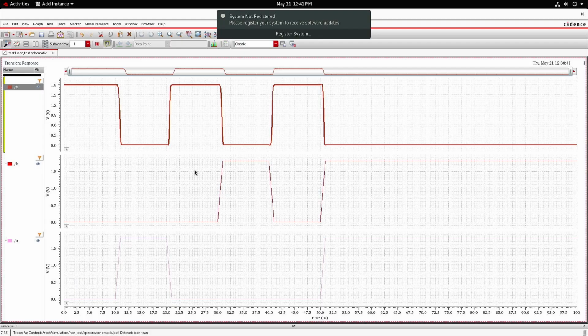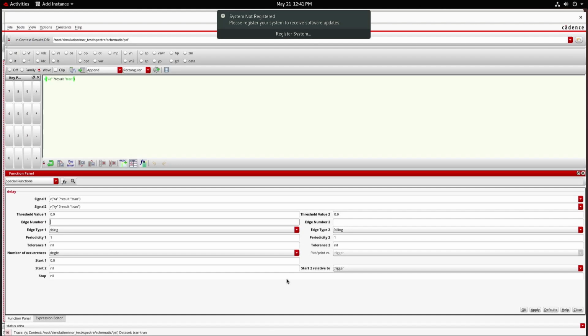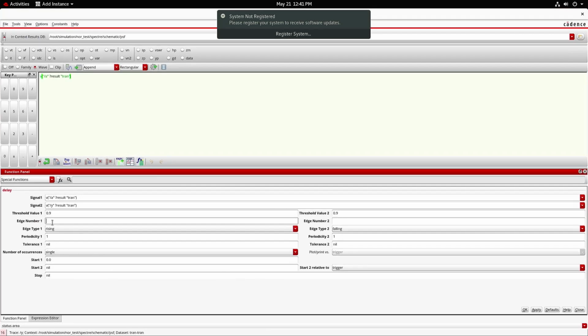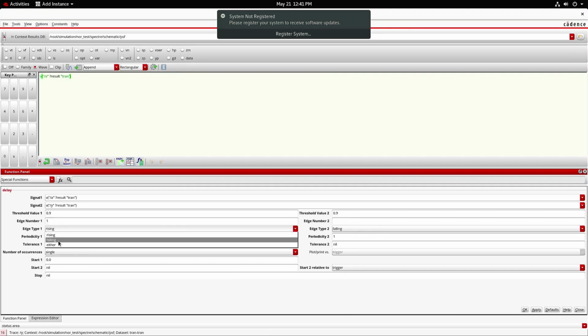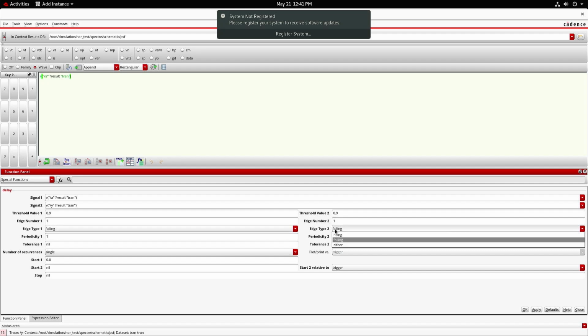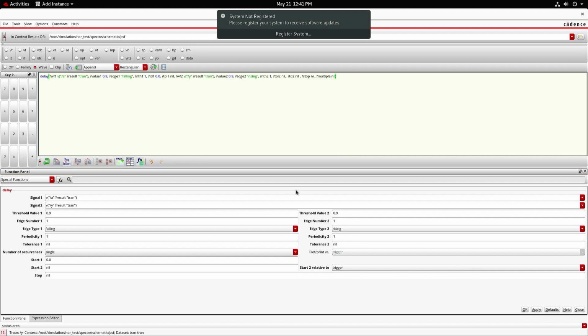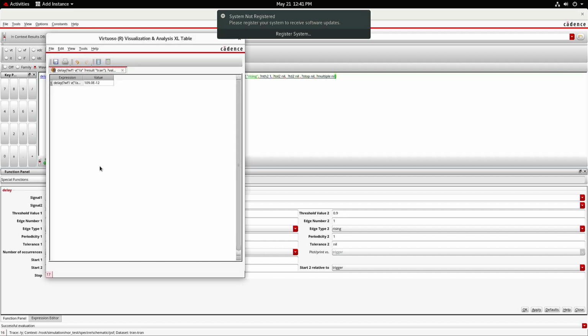Under rising, it is the first edge. Therefore, here edge number should be 1 for input and it is falling. Edge number should be 1 for output and it is rising. Then apply this setting. You are going to get the delay for the first condition 0 0.